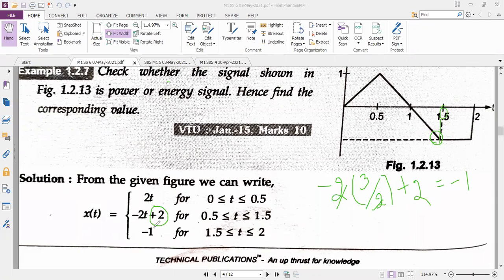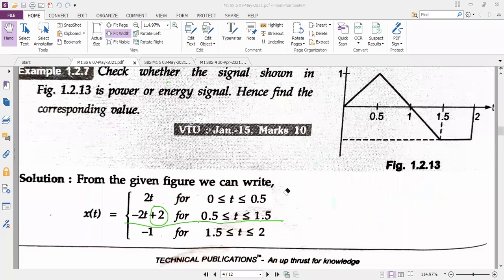So successfully I could frame the second line from the diagram. And the third line, do you find it difficult? Can anybody tell me, for the third line, do you have any triangular shape? If you do not have any triangular shape, then you can directly write what is seen in the diagram. So what is seen in the diagram? Between 1.5 and 2, can I write directly minus 1? Yes, ma'am. Is it right? Yes, very good.